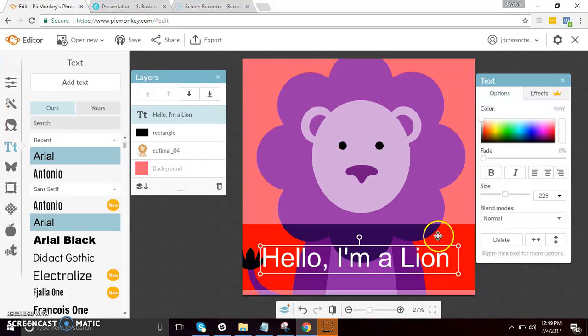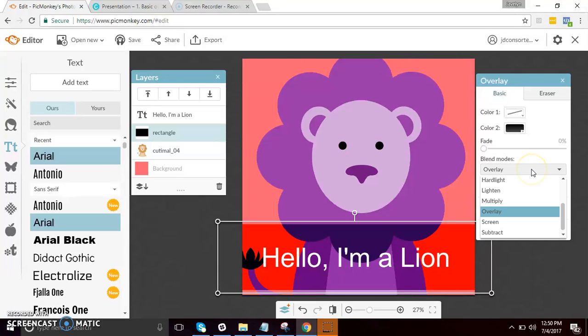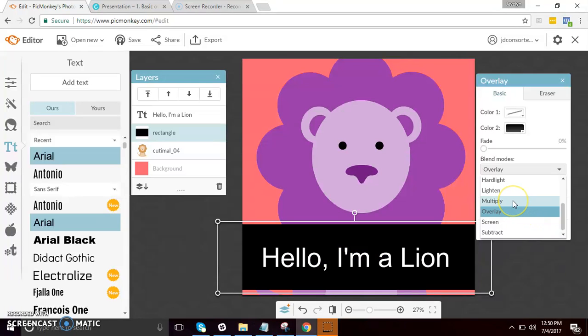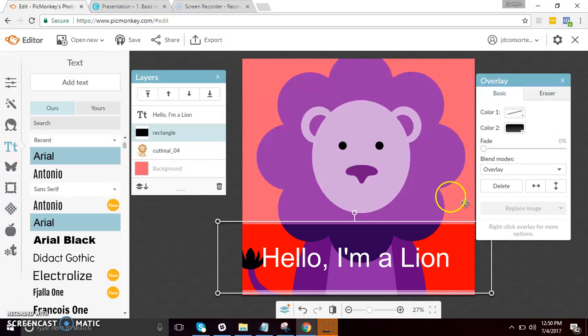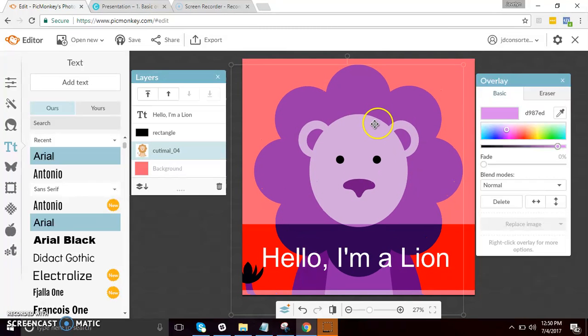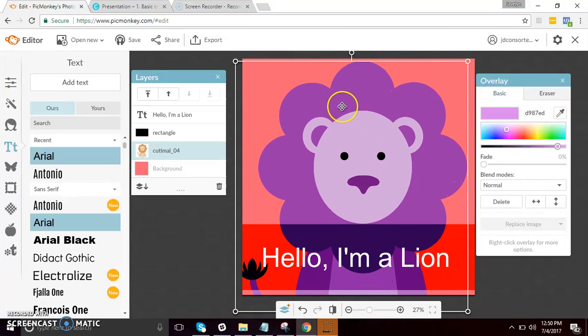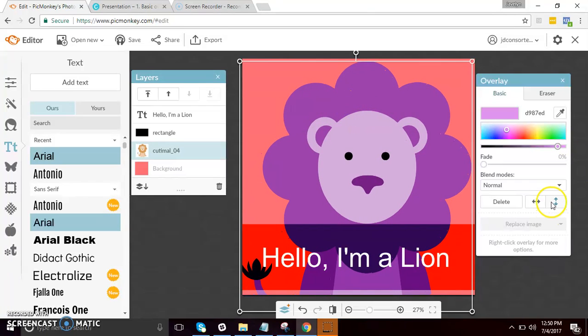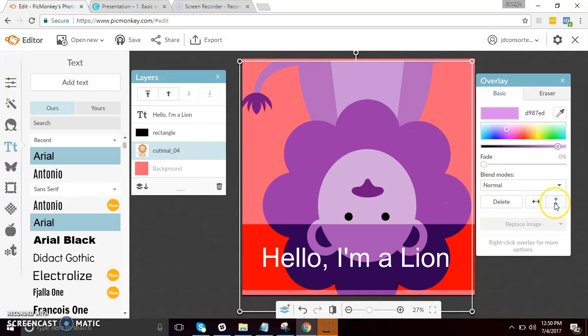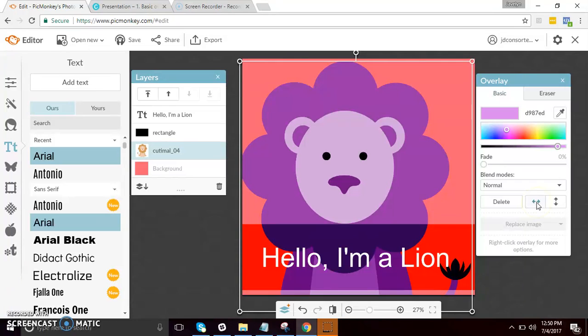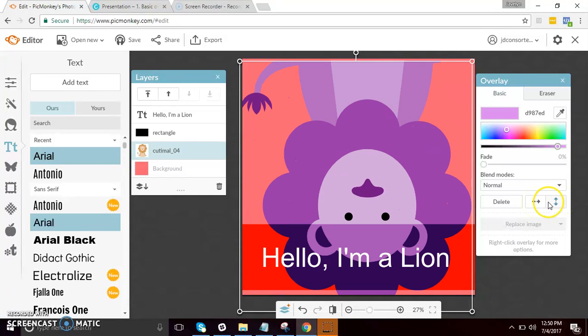And you can also change the blend mode if you do not like the one that we have right now. You can change it back to lighten, multiply, hard light, depending on your preference and your design. Now, I also forgot, if you want to flip your overlay, it's also easy. Just click on the overlay that you want to flip and click on the flip icons here in the overlay tab. See, the lion, flip horizontal, vertical, you can flip it.